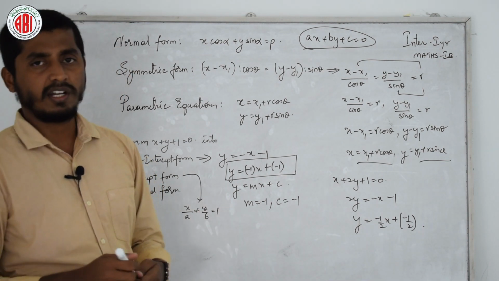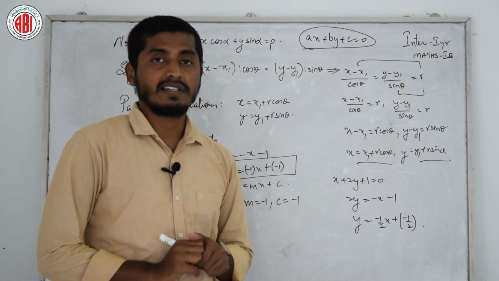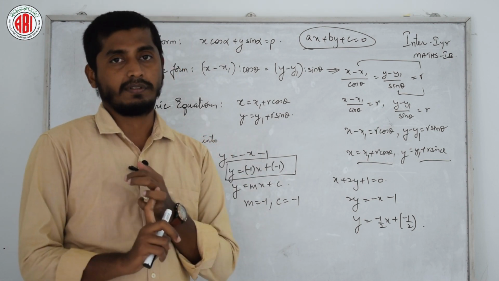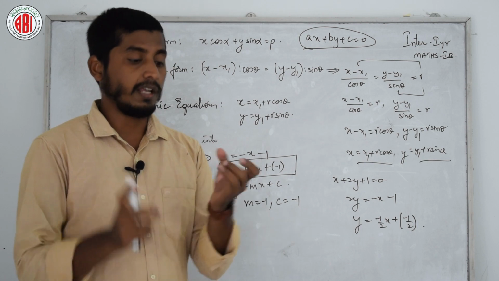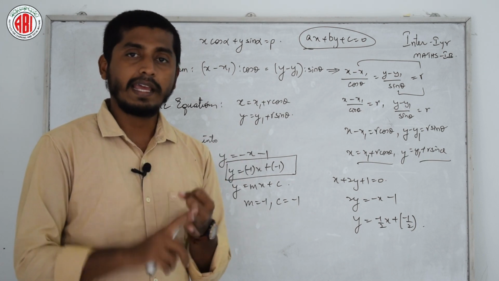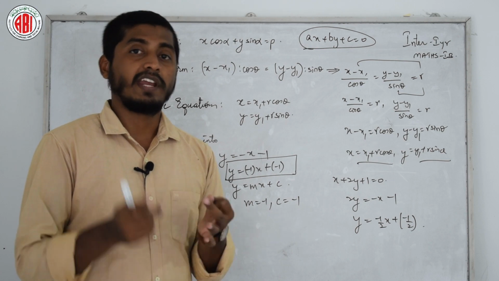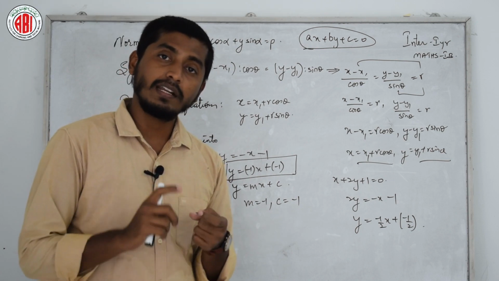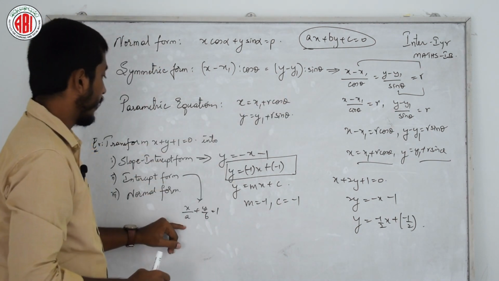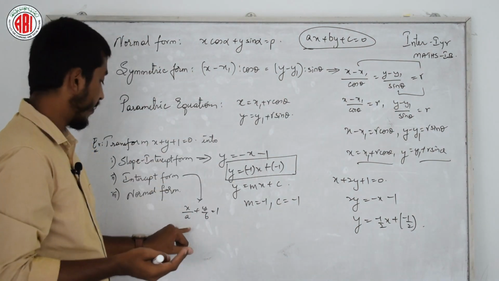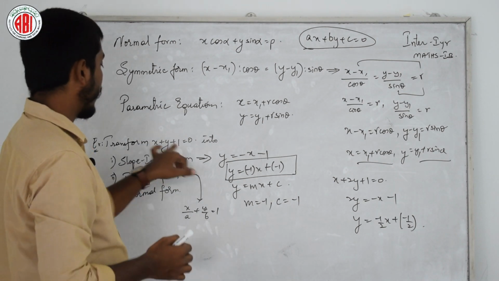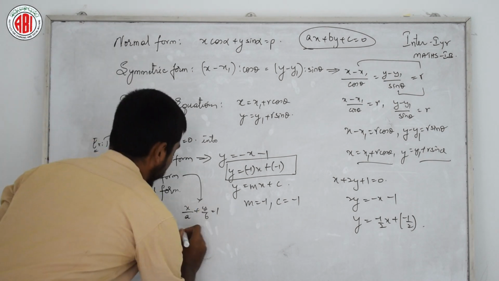This can also be solved in two ways. Yesterday we discussed that whenever we put y equal to 0, we get x intercept. Once again, whenever we put y equal to 0, we get x intercept. Whenever we put x equal to 0, we get y intercept. Okay, done. Here we can simplify directly and write the values of a and b, or else by the given equation only we can simplify like this.